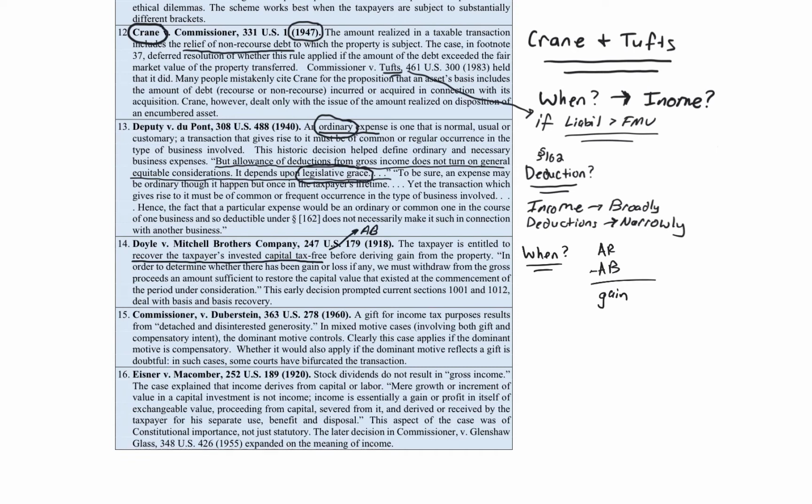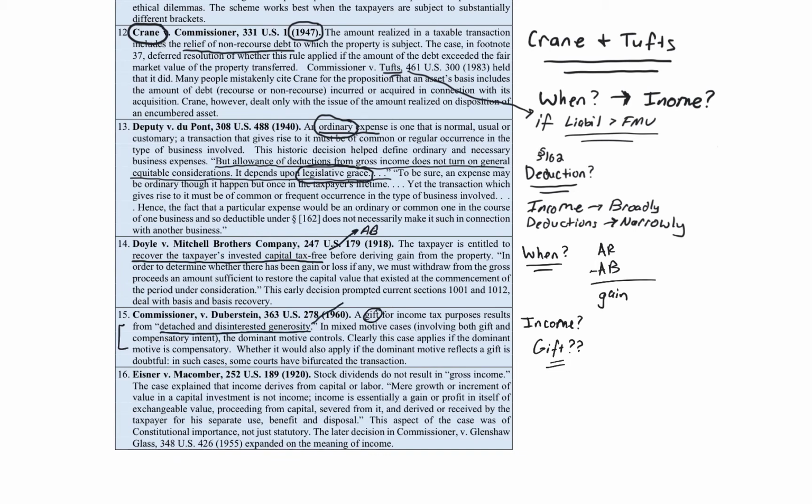Ooh, the next case, Duberstein. Duberstein, of course, deals with income, the amount of gross income. So this specifically deals with gifts. So you all know that gifts are excluded from gross income. But the question is, what is a gift? So a gift for income tax purposes comes from detached, this is the key language, detached and disinterested generosity, okay, specifically out of things like love, affection, and like impulses, is actually what the court says. But detached and disinterested generosity.